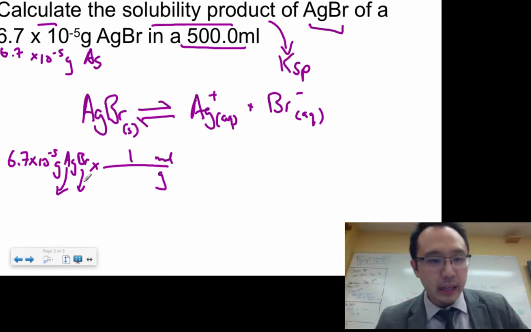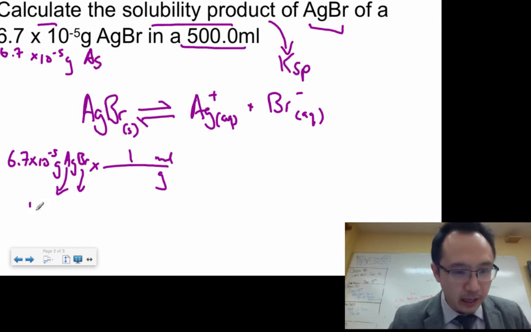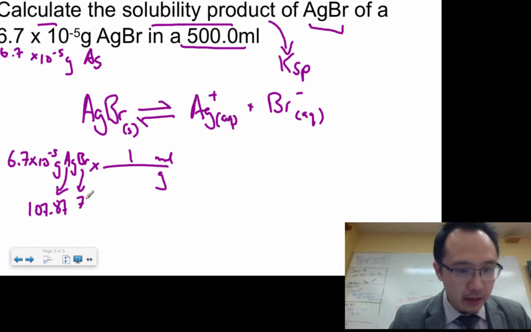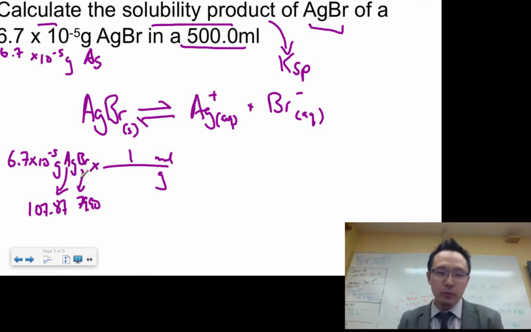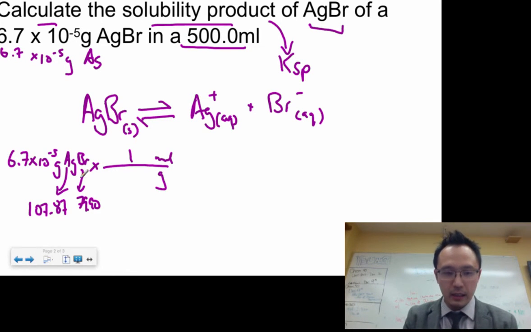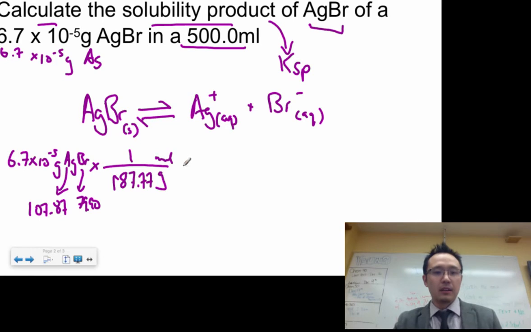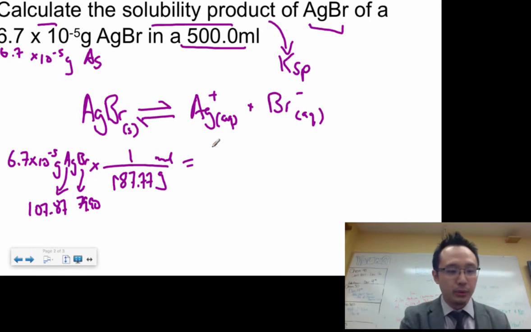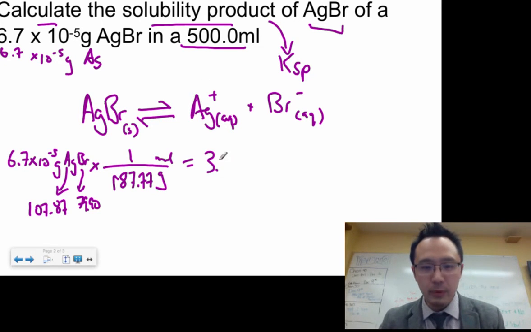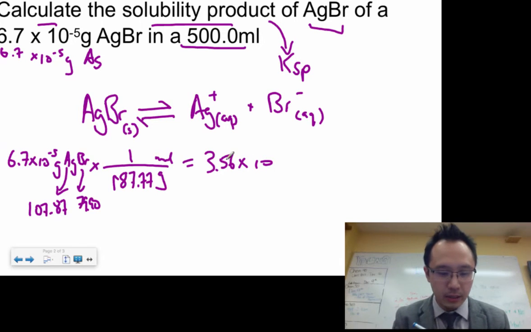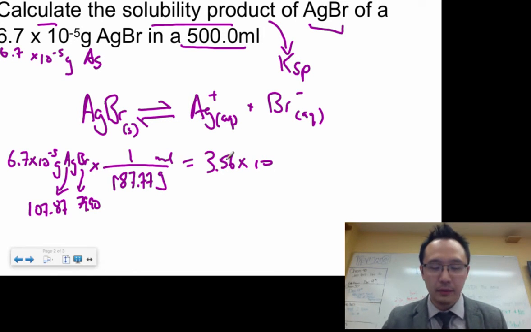So the molar mass for Ag is 107.87 and bromine is 79.90. So the total molar mass of silver bromide is 187.77. So this will just change into moles. You can see that it's just another step in your molar conversion. So the answer here is 3.56 times 10 to the negative 7